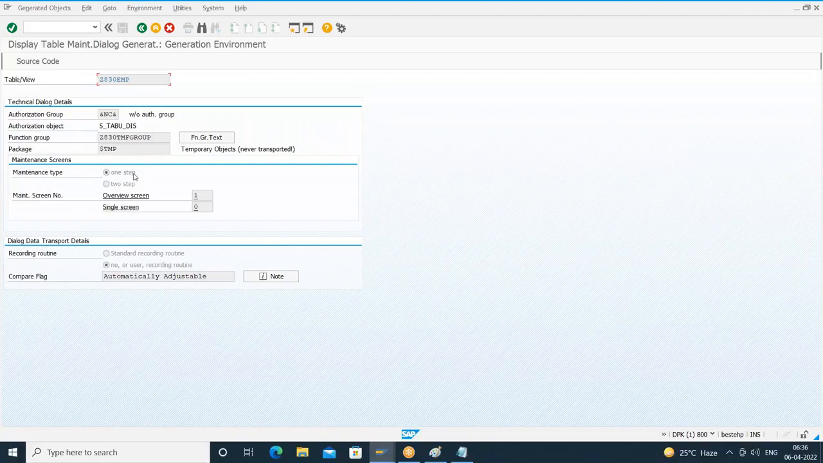the maintenance type is what? One step. Okay. And we understood that in one step, only one screen gets generated called as what? Overview screen. We propose the screen number and we have generated the table maintenance. When the table maintenance is successfully generated, we understood that some dependent objects get generated. The dependent objects will be in the form of function modules, screens, subroutines, include programs, all those things. Okay. And those dependent objects get stored in the function group which we provided at the time of generating the